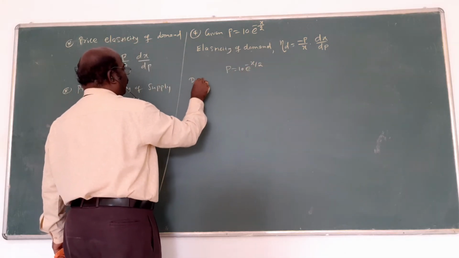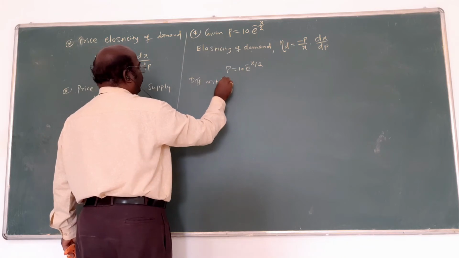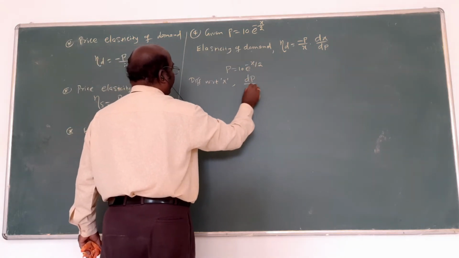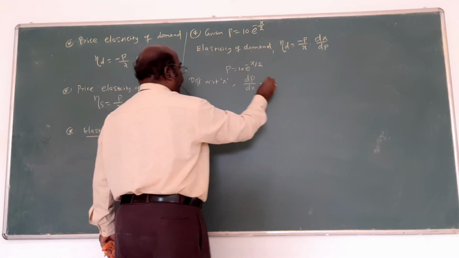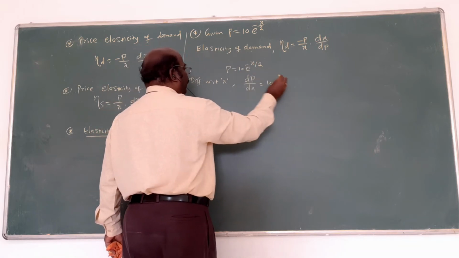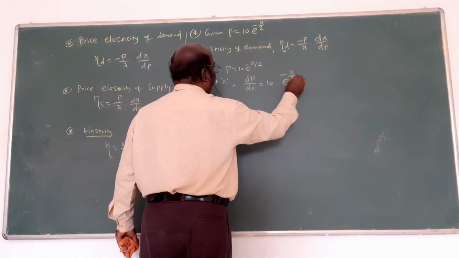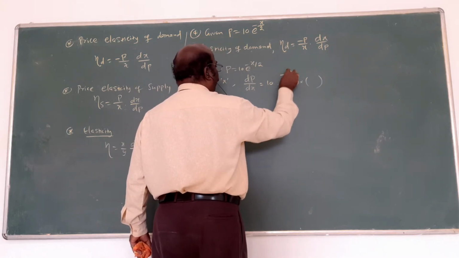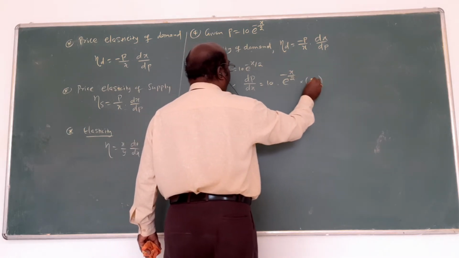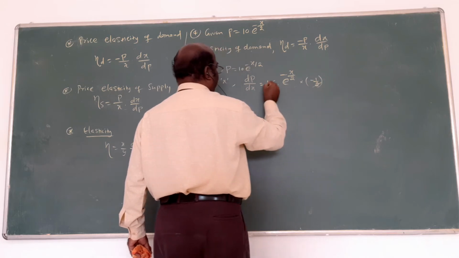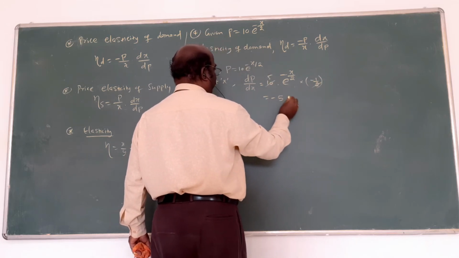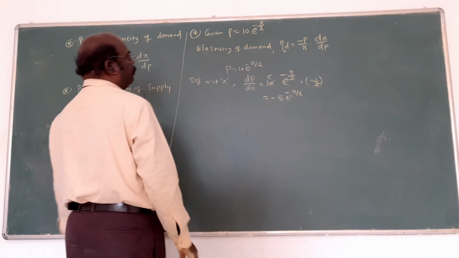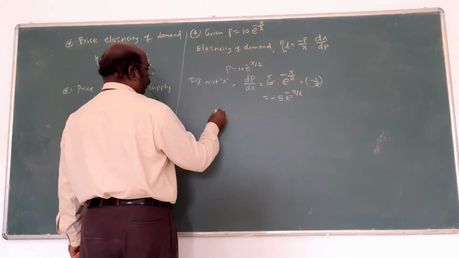Now differentiate this with respect to x. P and x are involved, but dp by dx is 10, a constant. The e power something becomes e power something, and the differentiation of minus x by 2 is minus 1 by 2, so minus 1 by 2 into e power minus x by 2 will come. This cancels: minus 5 into e power minus x by 2. This is dp by dx. Am I right? Substitute here. Therefore,